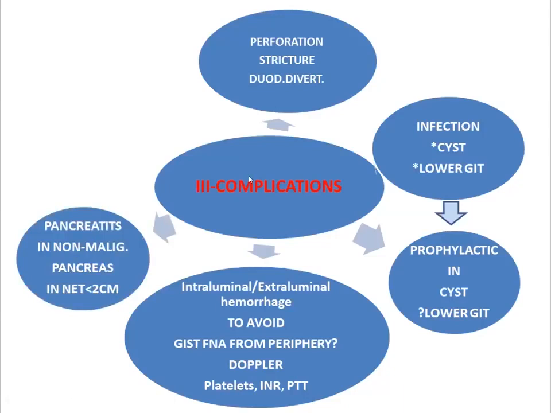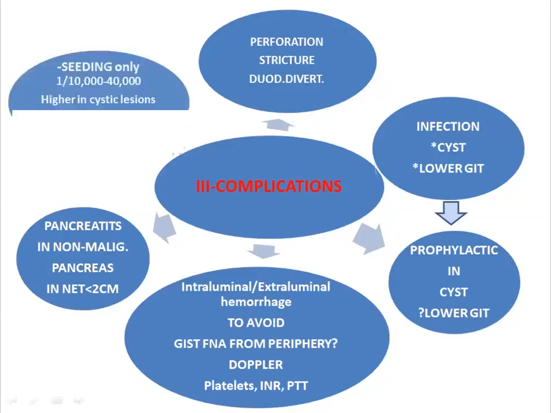One of the complications of EUS-FNA or FNB especially is pancreatitis. If you pass a long distance in a normal pancreas to reach a lesion, especially small lesions, say 1 centimeter, then you should travel for some distance inside the normal pancreas, but you are obliged to. So here, the advice is try to pass as short as you can through the normal pancreatic tissue to avoid pancreatitis. And seeding may occur,